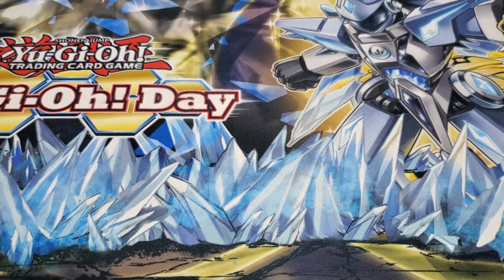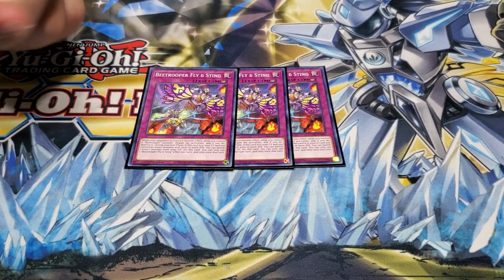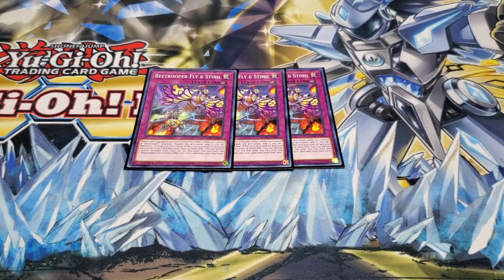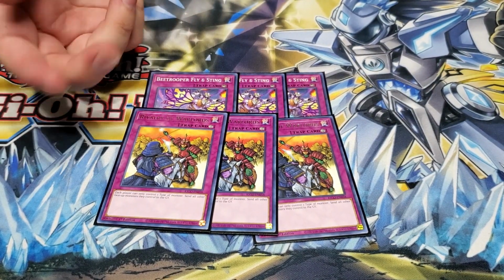For the traps, 3 Flying Sting. This is the counter trap for Beetroopers. It just negates a monster effect, but then it can reset itself by banishing an insect if you control an insect with 3k or more. So really cool card. And then the other card for the Bug Lock is Rivalry. So like I mentioned, Parasite lets you...